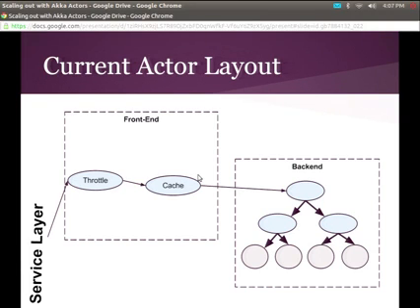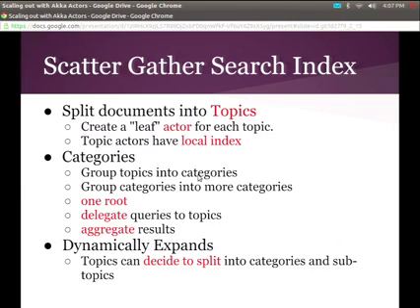Okay? So what this system is showing you is a topological view of my individual actors. Yeah, so this gather search index, we've split a bunch of hotels into what we call topics. Okay? A topic could be all of the hotels that are in Philadelphia, and then another topic would be all the ones that are in Pittsburgh or something. Okay? Each one of these is a leaf node in that actor tree. That actor is responsible for knowing all of his hotels and for creating an efficient means of searching his list of hotels based on user input query.